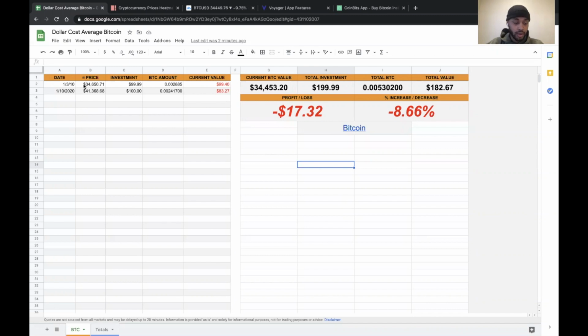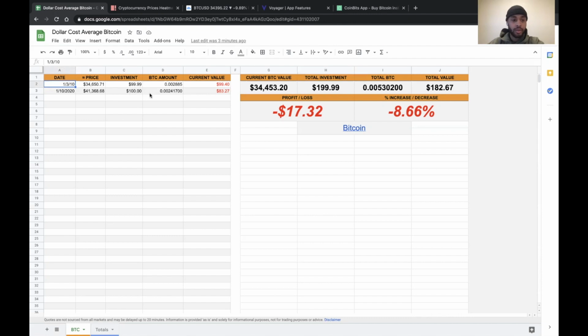So I made this video to show pretty much a visual representation of dollar cost averaging. And this is the spreadsheet that I'm going to use going forward. As you can see, on the 3rd, there was a purchase for $99. I'm not sure why it wasn't $100, but